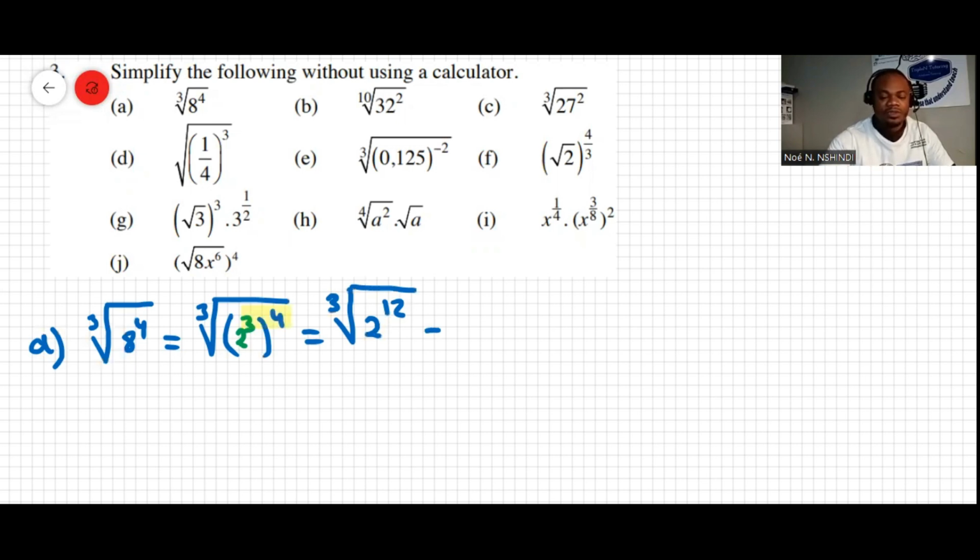And then this will be equal to 2 to the power of 12 over 3, and that makes 2 to the power of 4, and this is equal to 16. Okay? And then for question B,